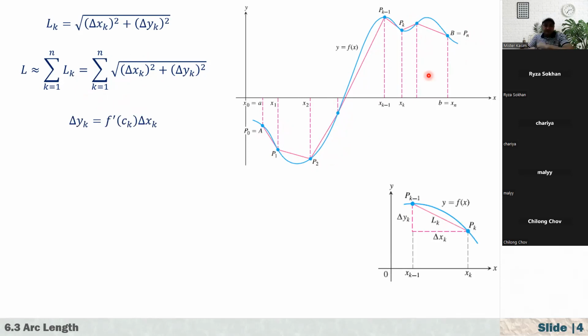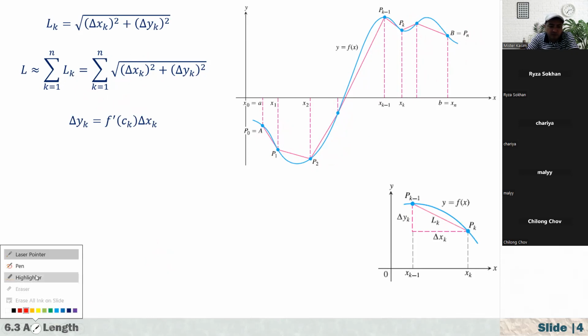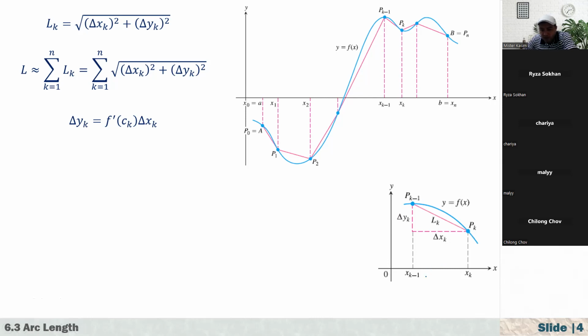So next thing is by using the mean value theorem. If you remember, the mean value theorem says that if you're given a continuous function over the interval, suppose that this one is A and this one is B, over the closed or open interval, it doesn't matter here, that's the closed interval AB, then there exists some point in this interval. Let me just label this by C sub k. In our case it's C, but because of these indexes, C sub k, so that I can draw a tangent line that is parallel to